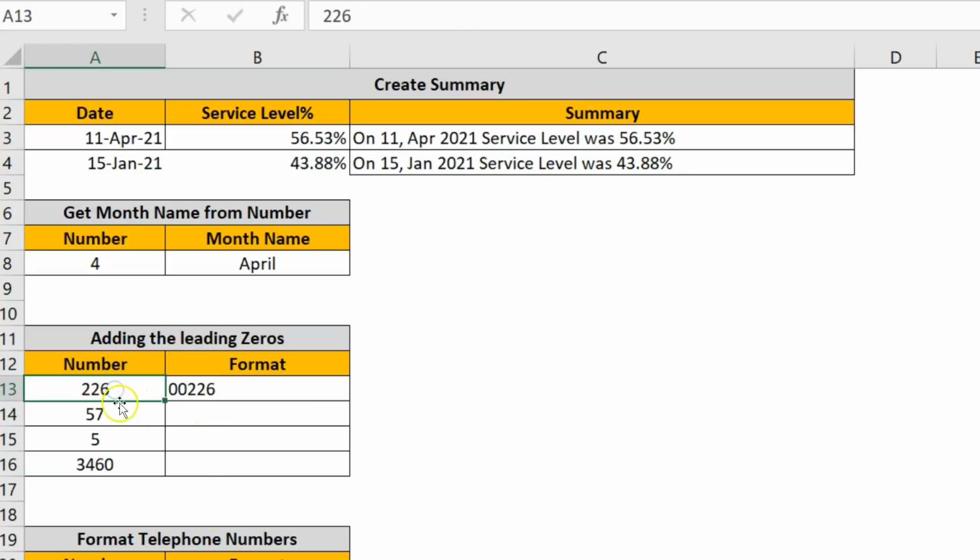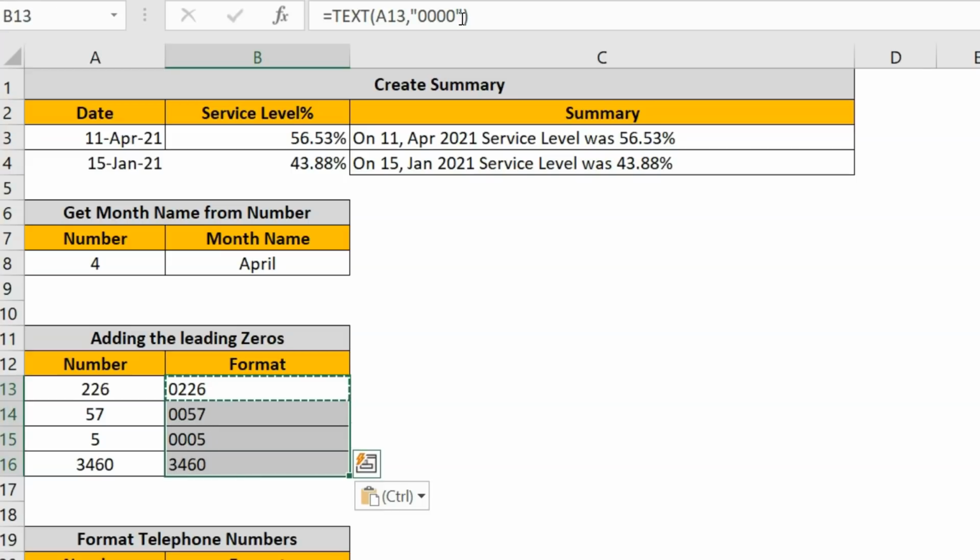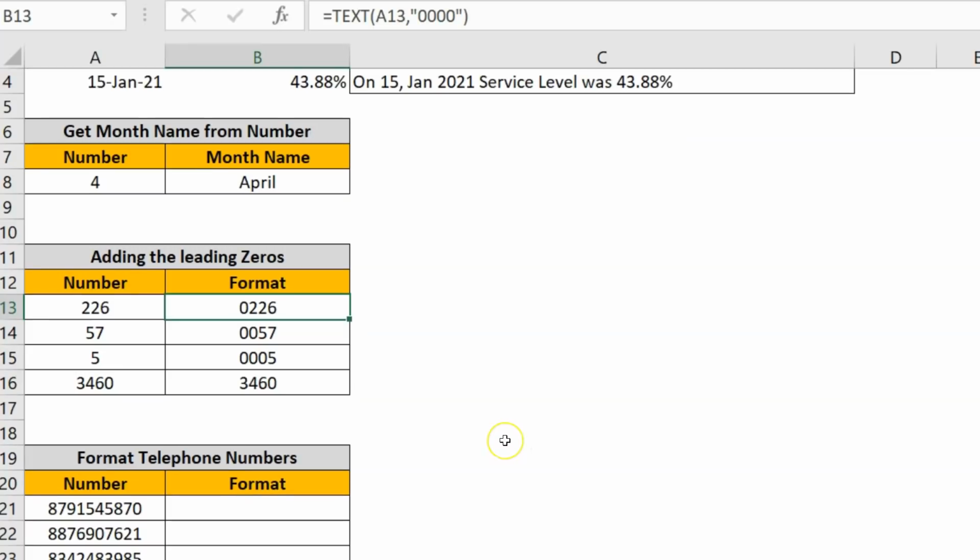For example, this particular text has 3 digits, so it will add 2 zeros here. If I copy and paste here, then you can see it has 2 digits, it is adding 3 zeros. It has 1 digit, it is adding 4 zeros. It has 4 digits, it is adding 1 zero. If I put here let's say 4 times 0 only, then what will happen, it will add the zeros accordingly. So in the last one it is not adding any zero. Alright friends, so that's how you can add the leading zeros also if required.